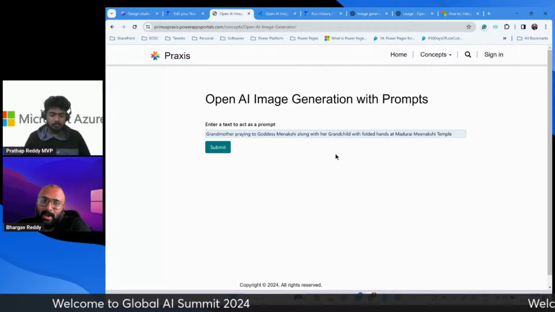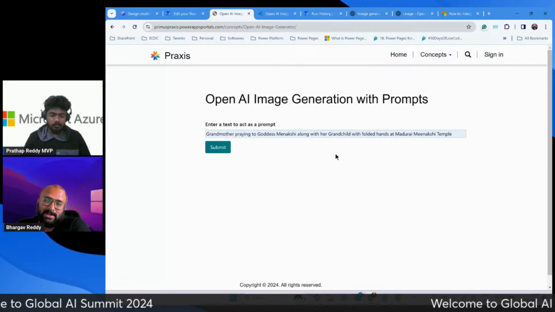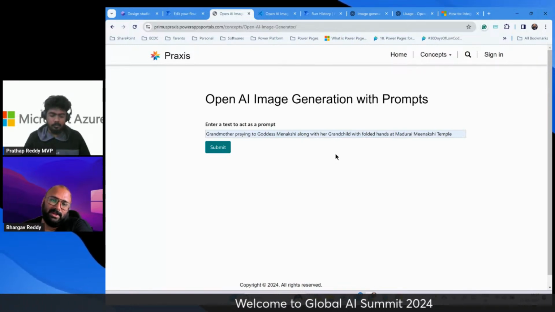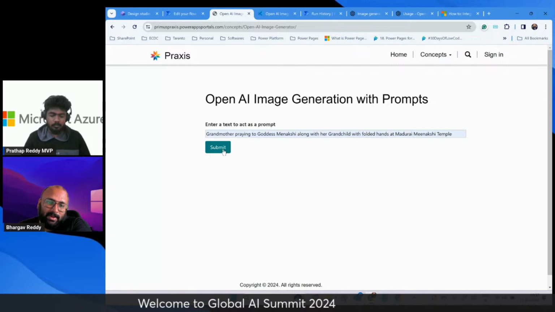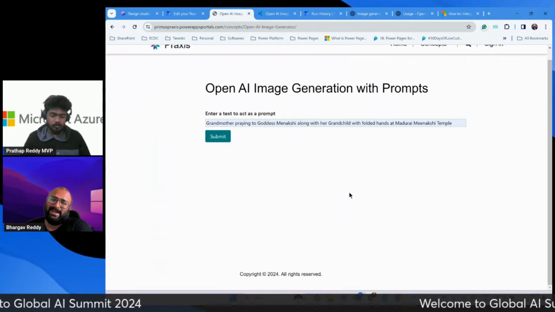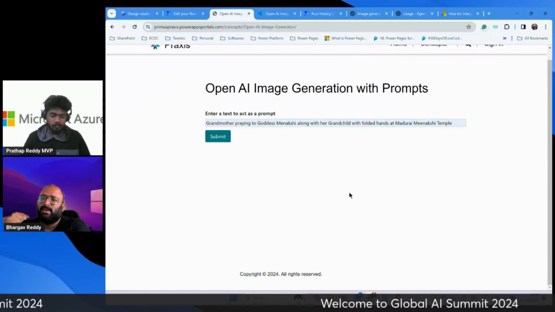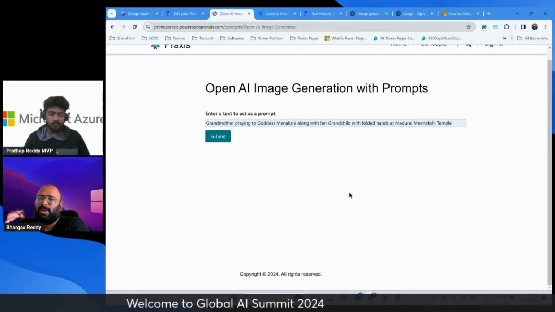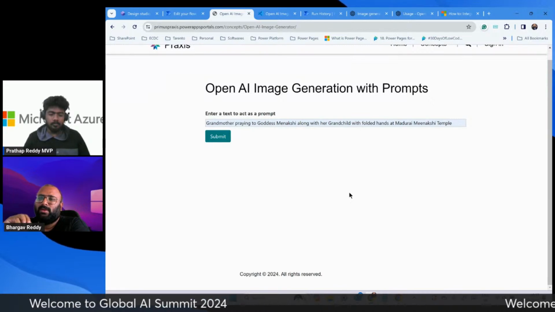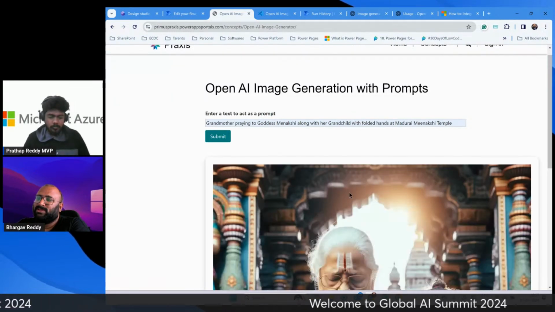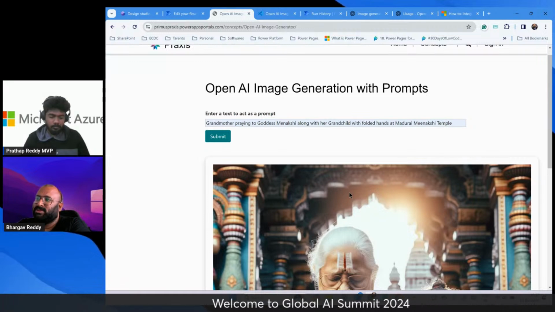So this is my prompt. It says: grandmother praying to goddess Meenakshi along with her grandchild with folded hands at Madurai Meenakshi temple, right? So I'm going to click on submit. I have not worked on the nitty gritty details of putting in a progress bar. It takes some time for the API call to happen in the background. It pretty much accesses the OpenAI service, sends out the prompt, processes the prompt,